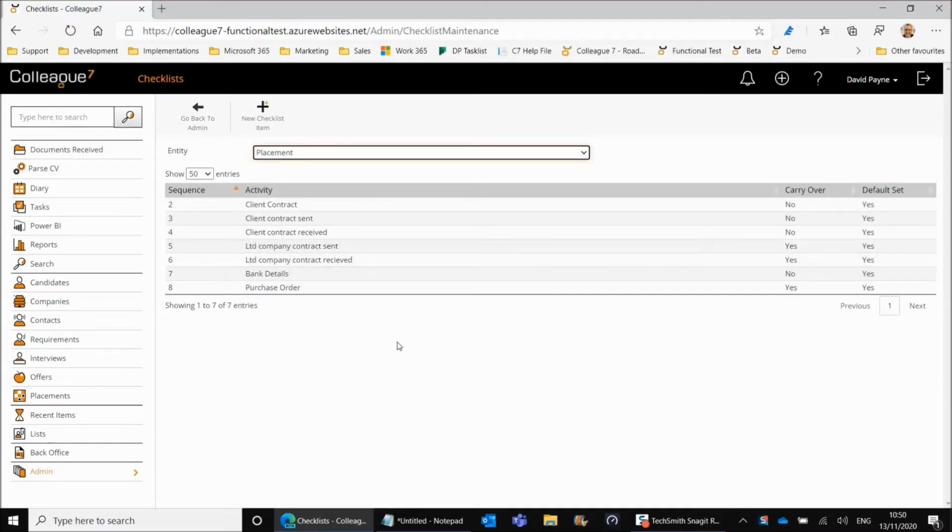checklist. So when you're making a placement, what is the default list of checklist items that are assigned to a placement? The next component is defining which checklist items are carried over in the event of an extension. So when you extend a placement, which checklist items appear against the placement. The next component is the ability from a company record to define a company-specific list of placement checklist items, which override the default set. And then the final part is the ability to add or delete checklist items from a